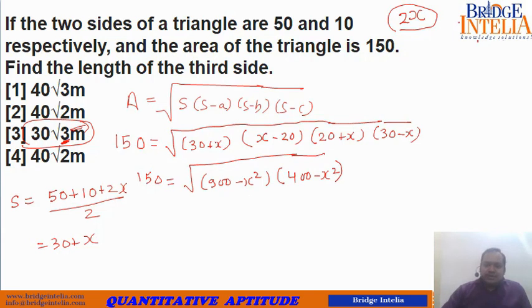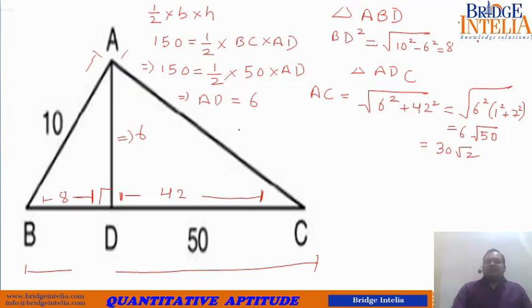So then what to do? You can take x square equal to a and then you will get a quadratic equation. So you can see that you will get stuck if you take this approach. So the correct way to approach this pattern is by using Pythagoras theorem twice. Let's take another example.